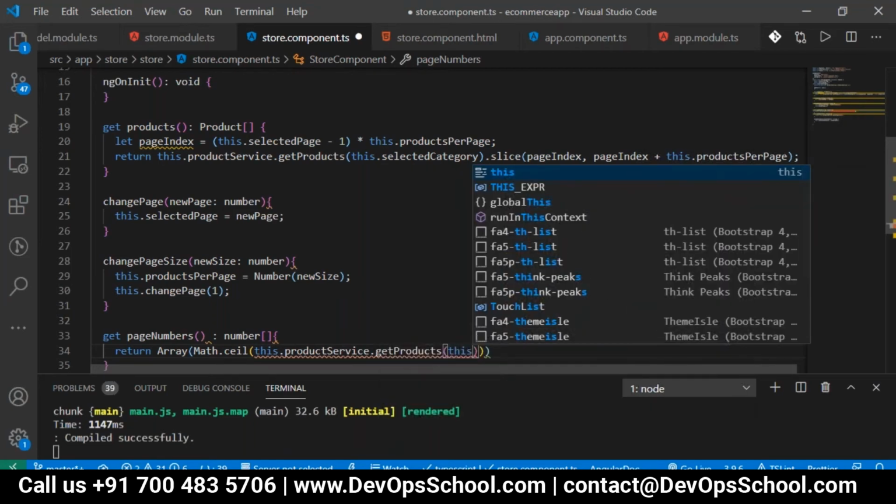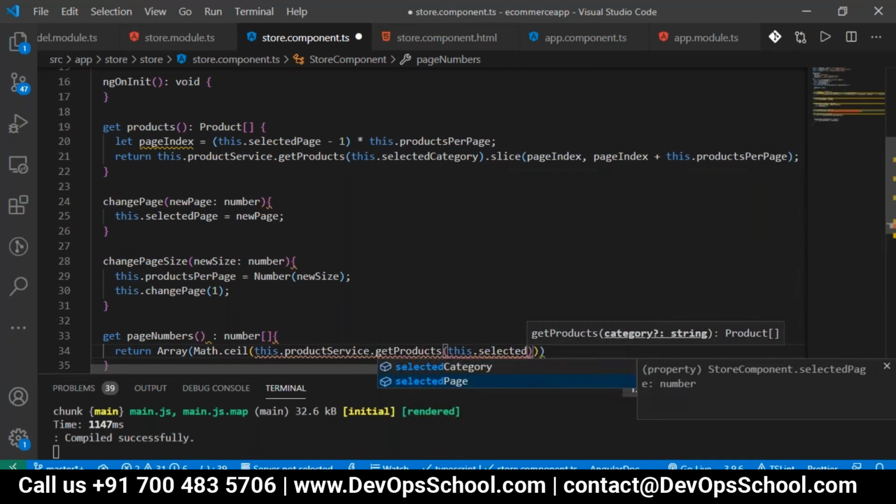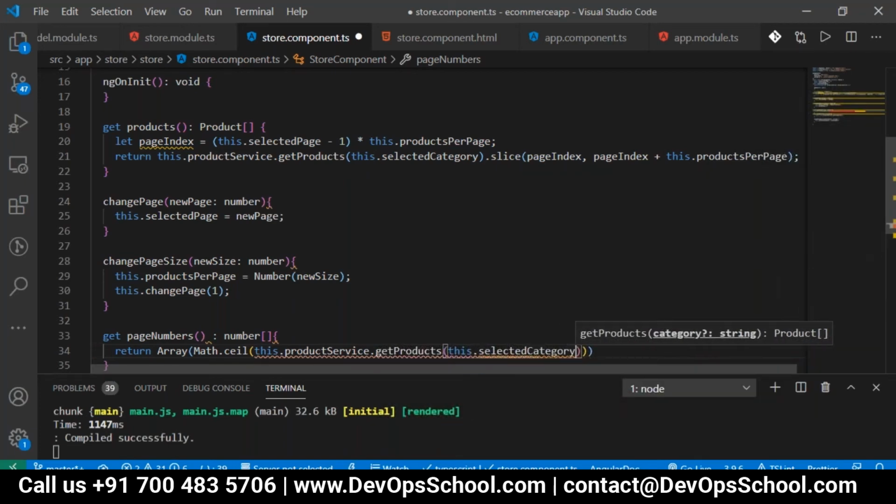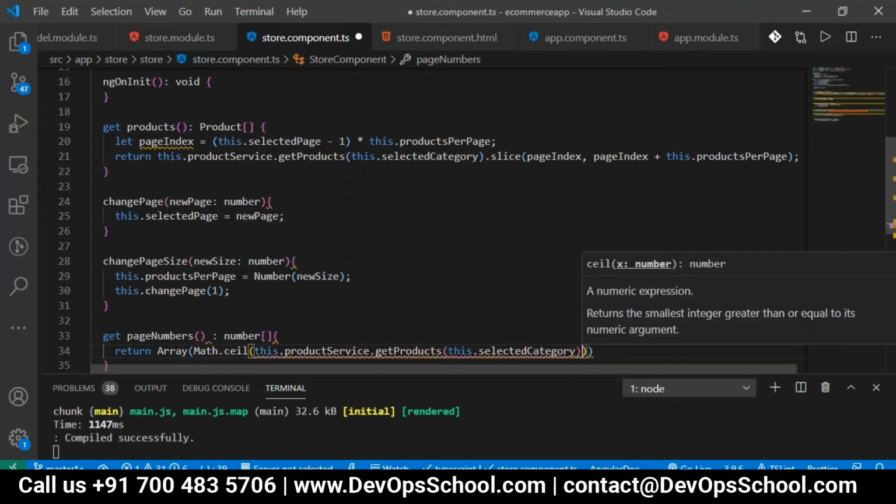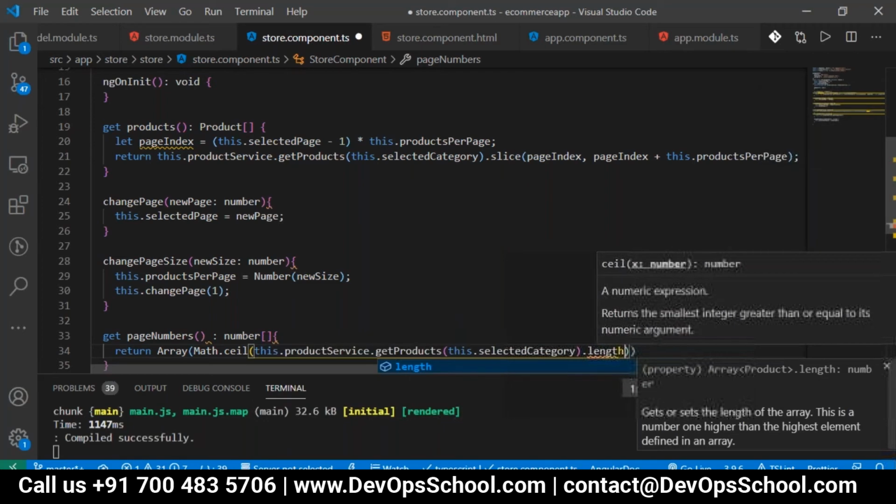So that is this.selectedCategory. It may give any data, so we have to get the length of the data, how many there are. Let us assume 11 records are there.